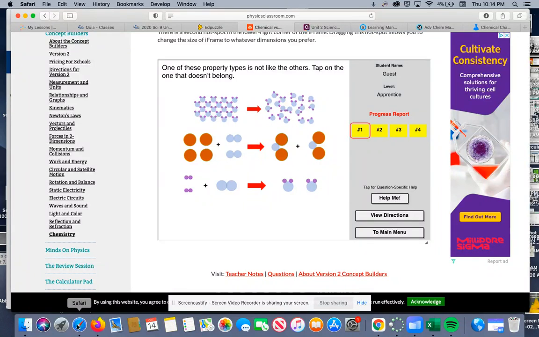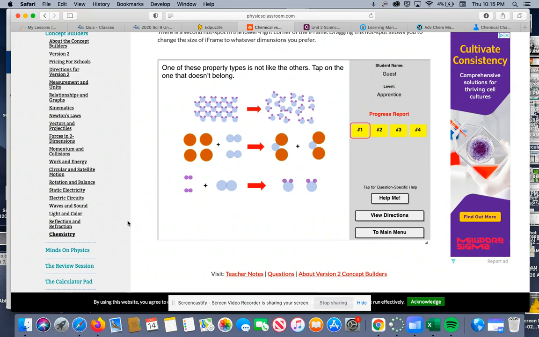Okay, so I'm going to go through this activity that I found here at the last minute. Didn't realize it was out there. So I'm going to go through this and work through the chemical physical stuff. One of these properties is not like the other. Tap on the one that doesn't belong. I'm going to let you listen to my thought process for a little bit, and then I'm going to